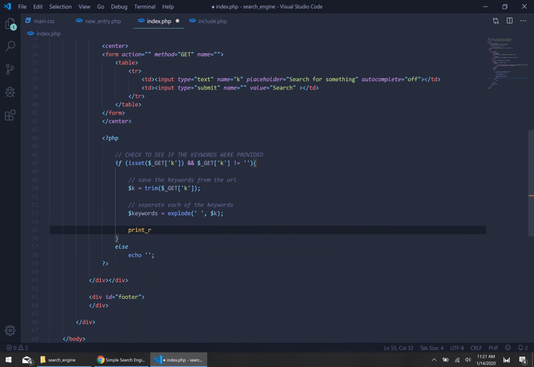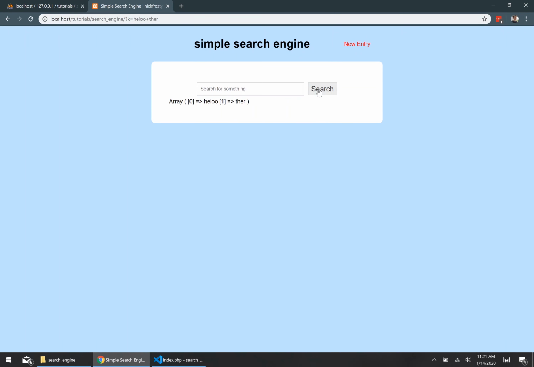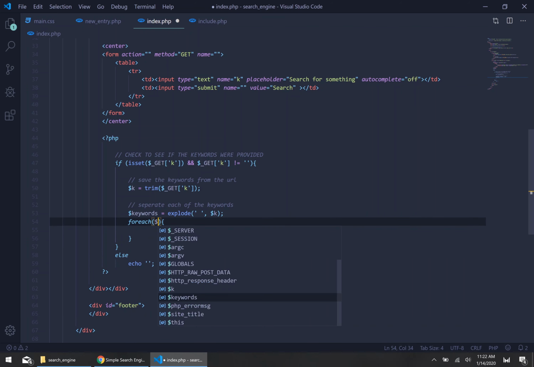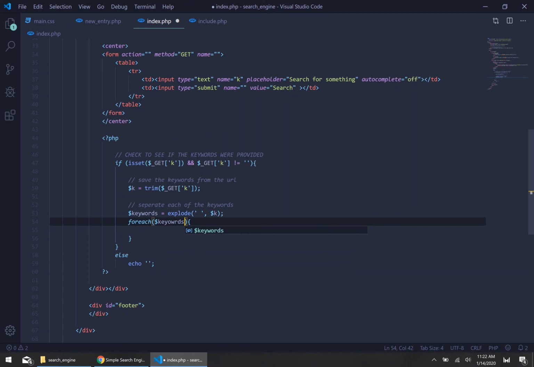So if you print the array itself, you can see you're printing an array, our index auto increments up, and it separates each of those out. So in order to process each of the keywords individually, so that we can add them to a string, we're going to use a ForEach loop. Our ForEach loop is going to take each of our keywords and store each of those as a word variable. So that way, if we just print out each of the words themselves,